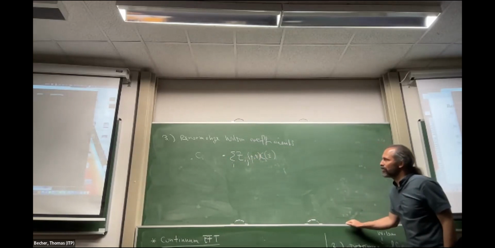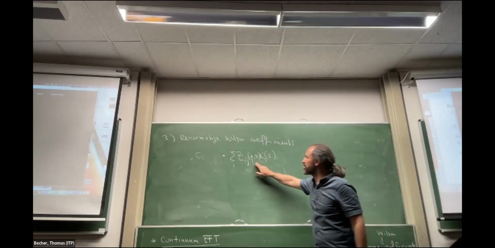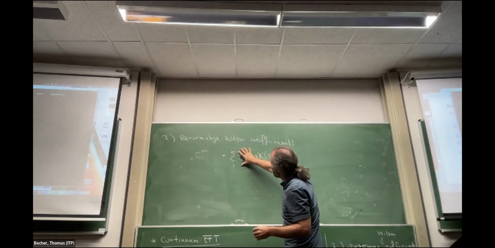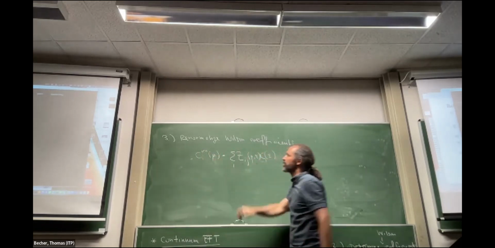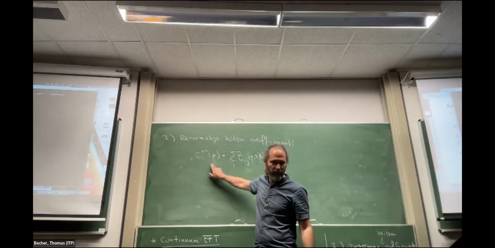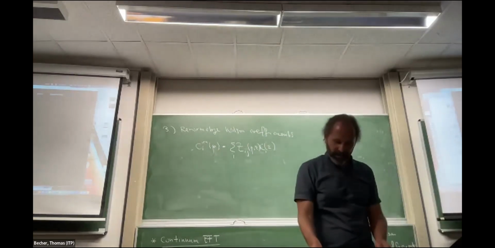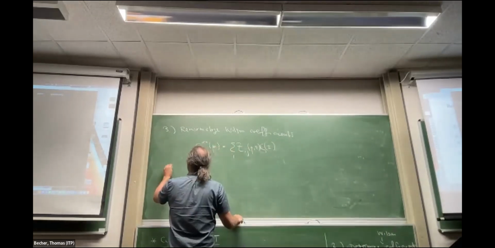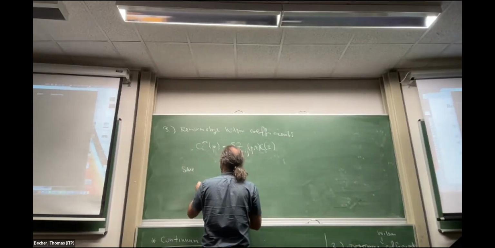It's not entirely unique how you do this, and when you do this, there is some scale mu called the renormalization scale that arises. And so doing this, you can absorb these divergences away, and you can work with finite Wilson coefficients, but they depend on scale. And then once you have this finite coefficient, one can solve an evolution equation.